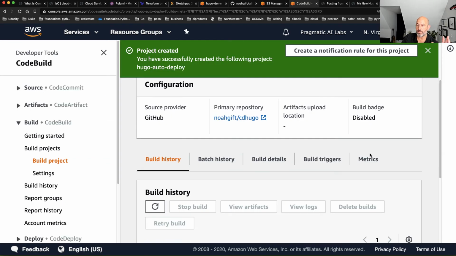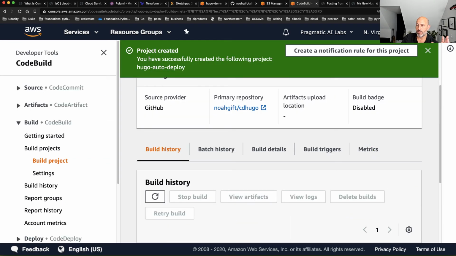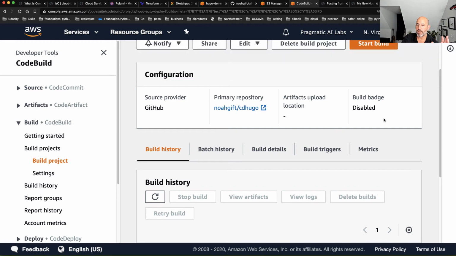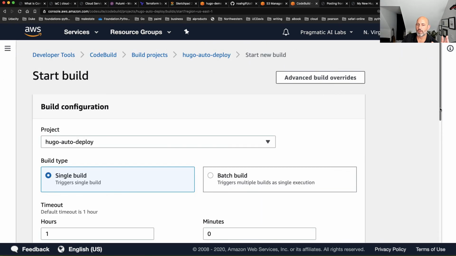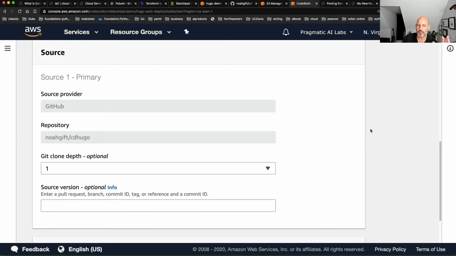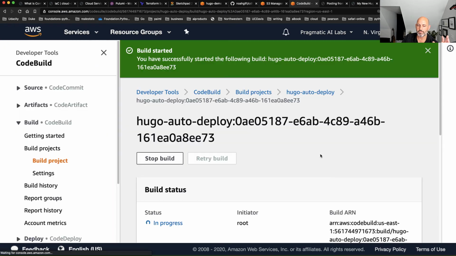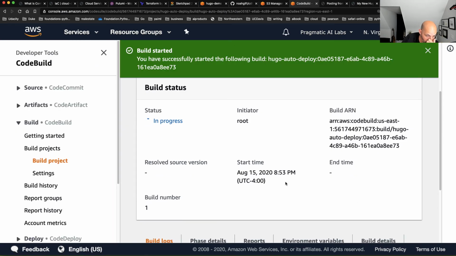Okay, in theory, this should be ready to go. And if I just click start build, it should be able to start this build. Let's just double check that it actually is able to make a change. Okay, this thing looks like it's running.